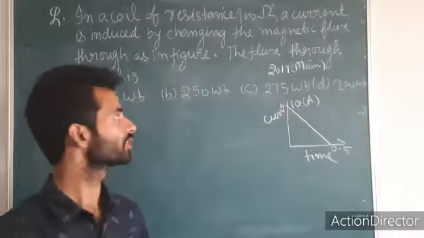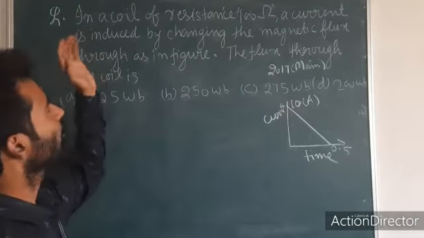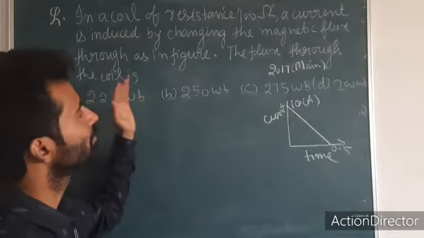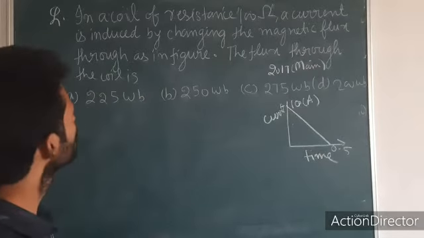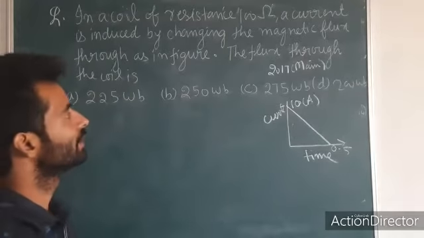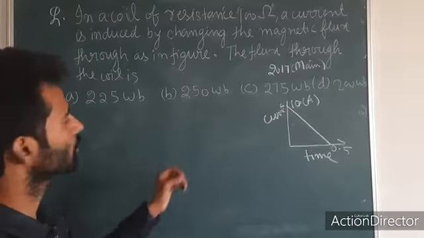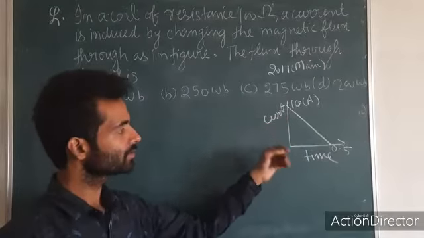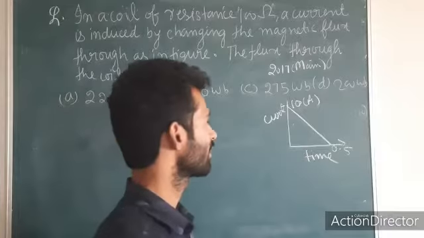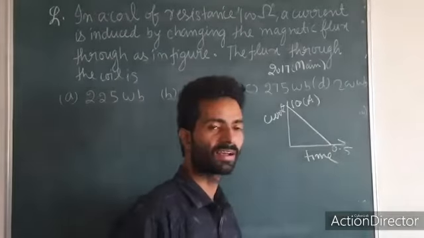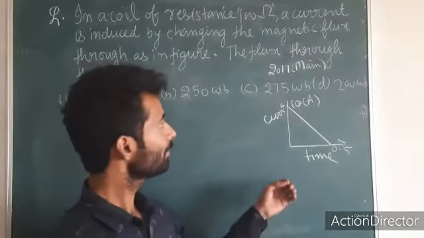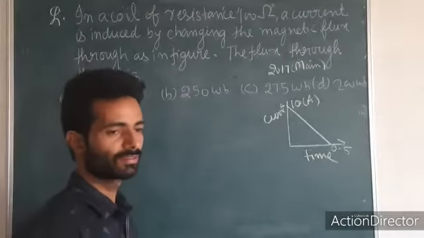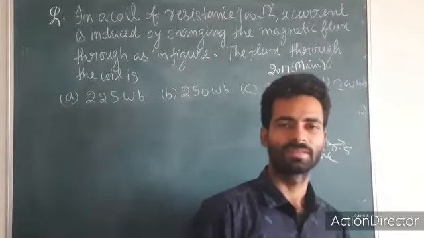Next, the question is: in a coil of resistance 100 ohm, a current is induced by changing the magnetic flux through it as shown in the figure. The flux through the coil is. यहाँ पर इस क्वेश्चन में करंट और टाइम एक्सिस दिया गया है, इस पर करंट और समय दिखाया गया है। यहाँ पर आपको दिखाना है कि फ्लक्स कितना है। We know that